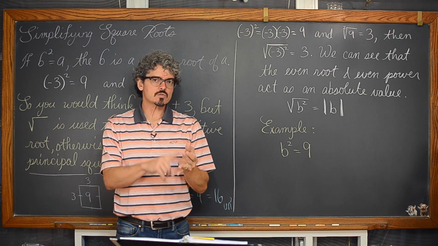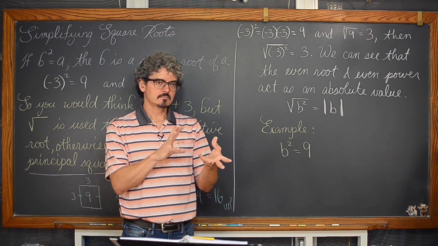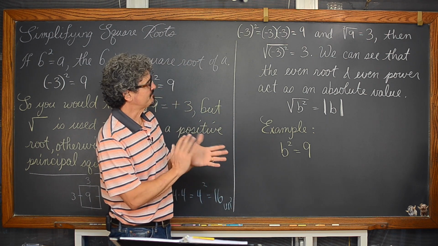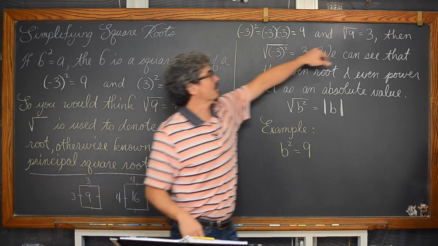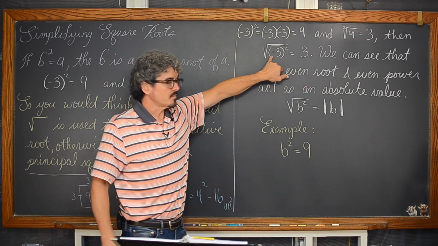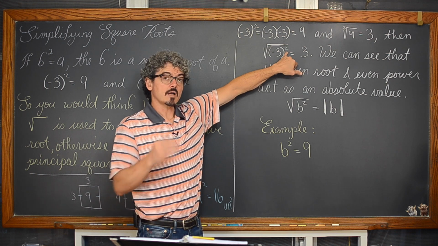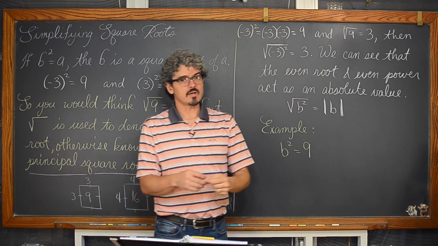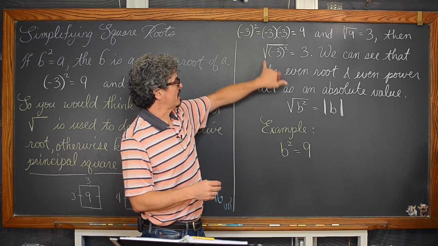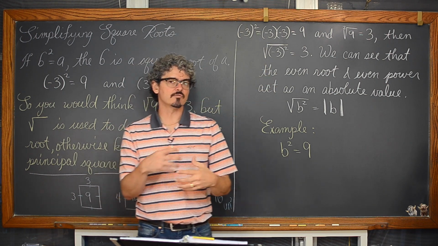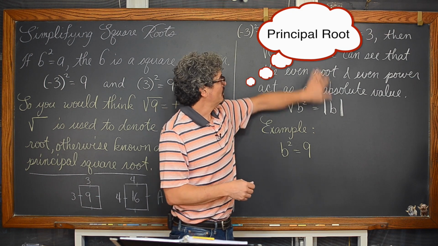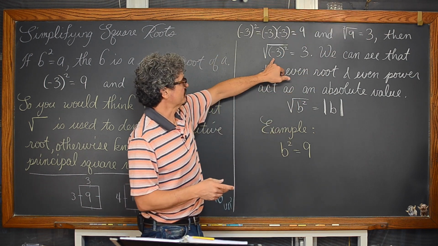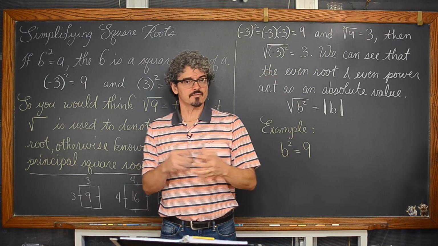So a square and a square root are inverse math operations, but something funny is happening here with the even power and the even root. We started with a negative 3, we squared it, got positive 9, and looked at the square root of that positive 9, knowing that this radical symbol in our textbooks is going to be asking for the primary or positive root. We get down to a positive 3. We started with a negative 3, and we ended with a positive 3.